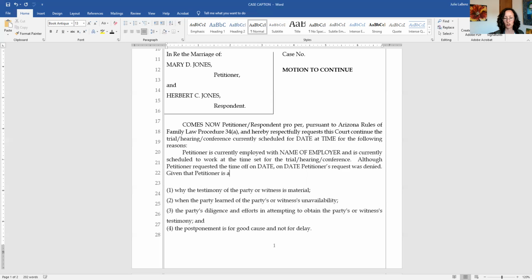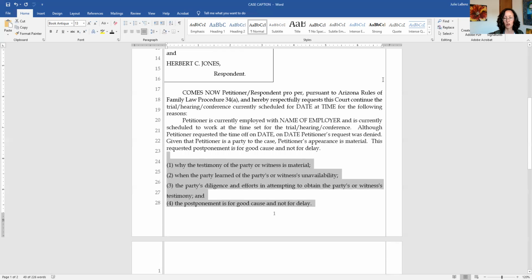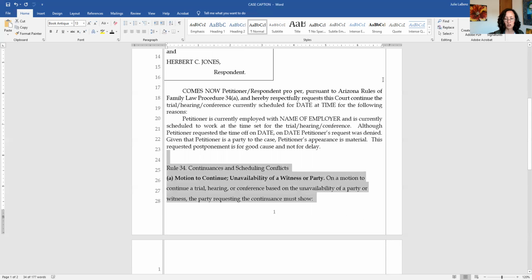Given that petitioner is a party to the case, petitioner's appearance is material. This requested postponement is for good cause and not for delay. Now you see we've hit all four of our elements of the rule. Okay, so at this point,